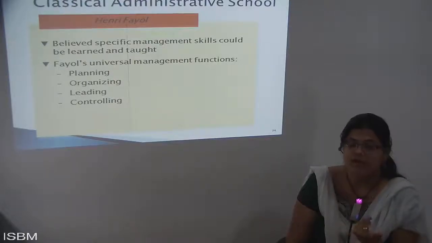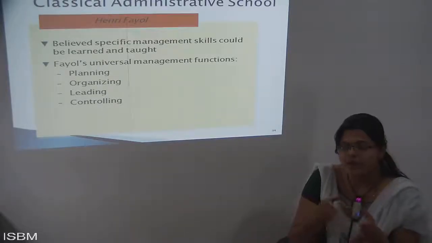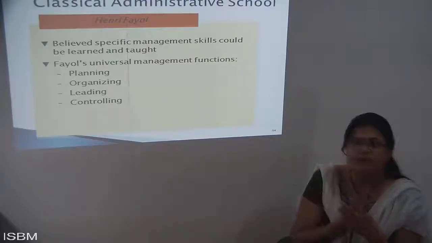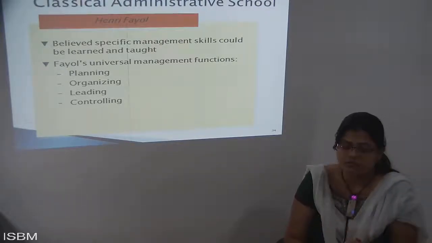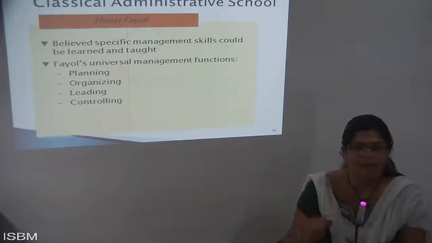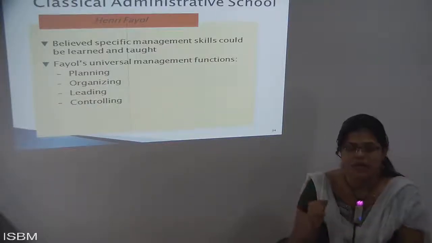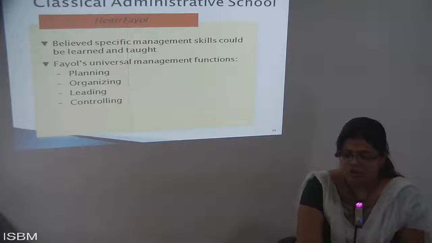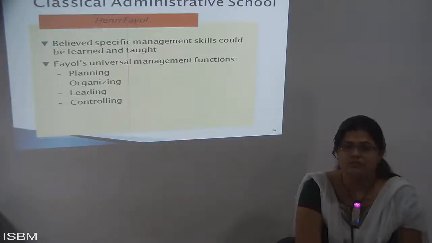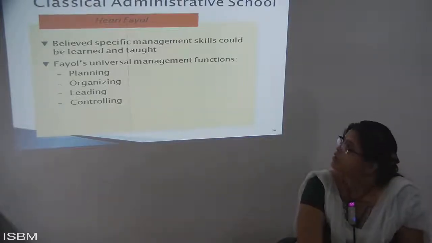So he, Henri Fayol, has developed universal management with the help of planning, organizing, directing, leading, and even with the help of controlling. Currently, this type of universal management is what we are using for each and every point. When we are learning about any kind of organization or management, we are using planning, directing, controlling, and organizing. These are all the things we are using now.